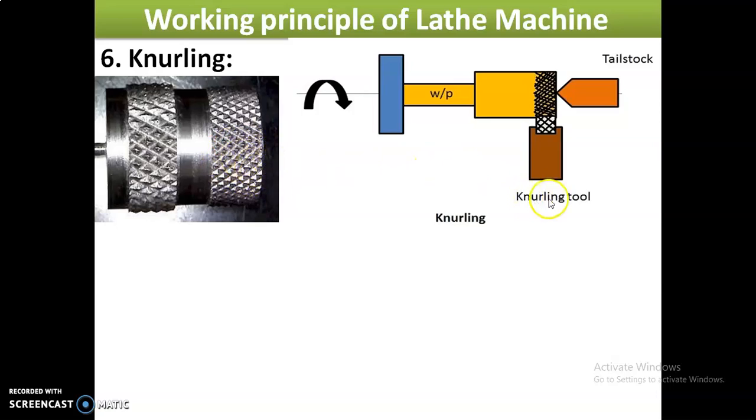So here this is a knurling tool. What does knurling mean? It is a process of making indentation on the border of the workpiece. See here, this is our workpiece, and on the border of the workpiece we have to produce this knurling shape. What is the use of this knurling shape? It produces a better grip on the job. So by the knurling shape we can give a better grip to the workpiece or job.